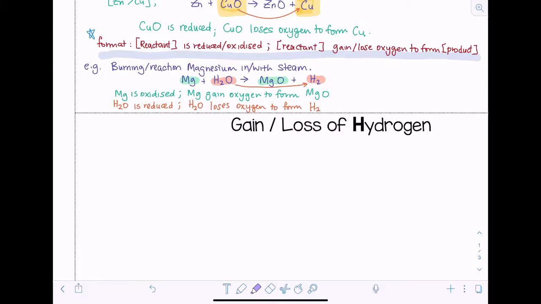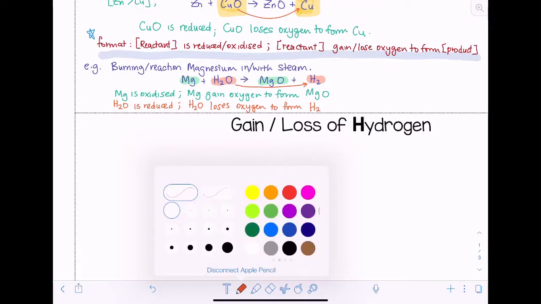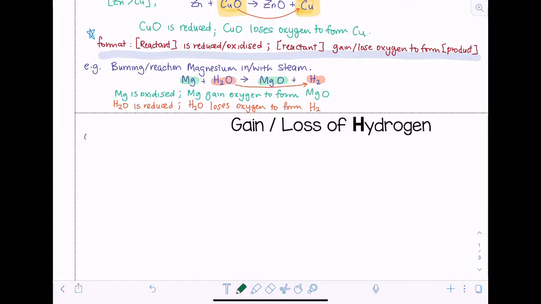We'll look at some very common examples which involve reduction and oxidation of the reactant in terms of the gain and loss of hydrogen. First, we want to clarify that the idea of oxidation, in terms of hydrogen, is a reaction